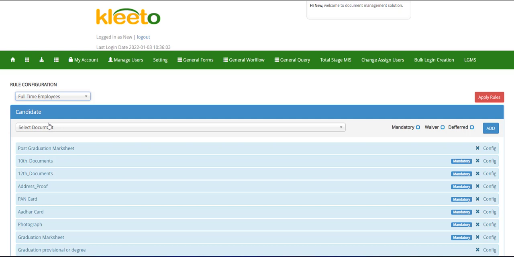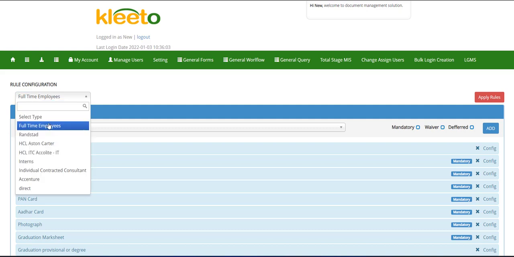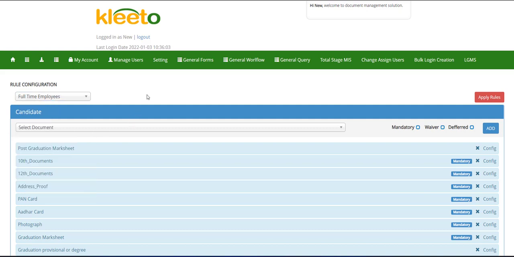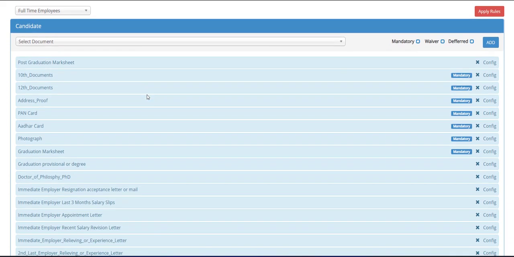Somebody joining as a sales person, a DL or a driving license may be a requirement, while for somebody joining at a very senior level, a passport may be a mandatory document. So you can define the list of documents here for particular levels. You can also define what documents will be mandatory from those candidates and what can be non-mandatory from those candidates. Initially, we as Cledo's team will define all these configurations with you according to your requirements.